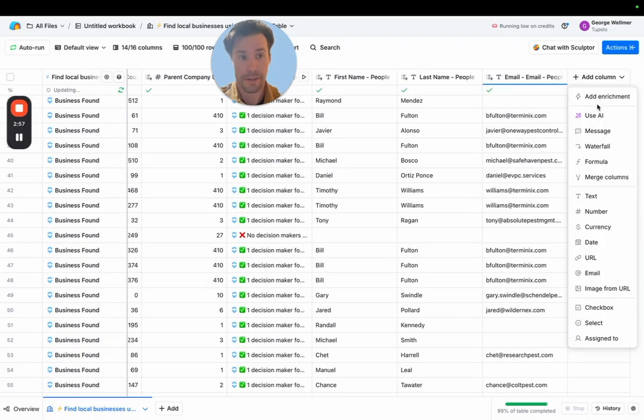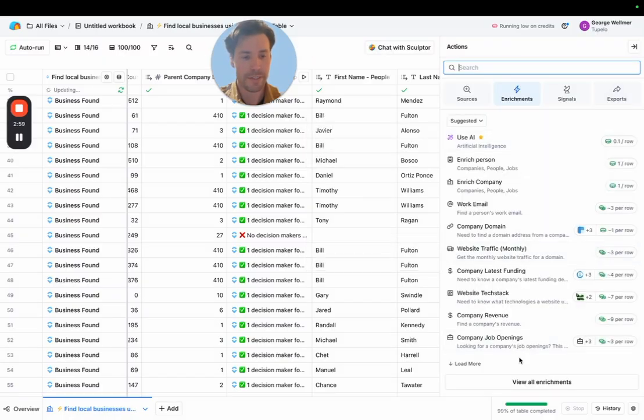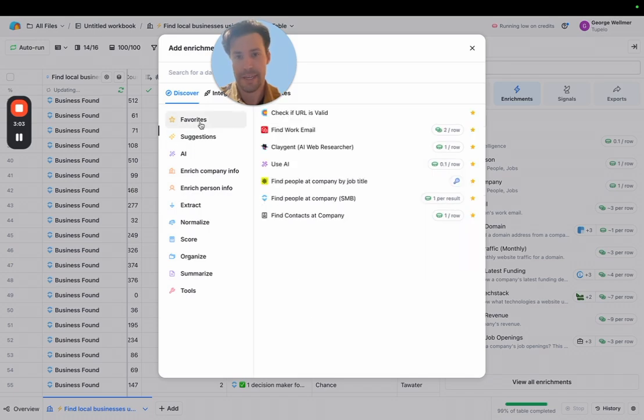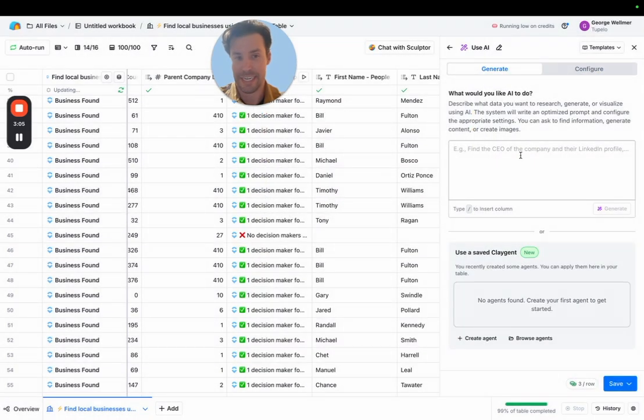If we wanted to get a holistic list of these owners for the businesses that we scraped, we would actually run another enrichment. So let's say we wanted to create an AI agent to actually scrape those companies' websites as well as the Secretary of State to find out who the business owner is and their contact information. You could do that in here, but that gets a little bit more complicated than what I want this video